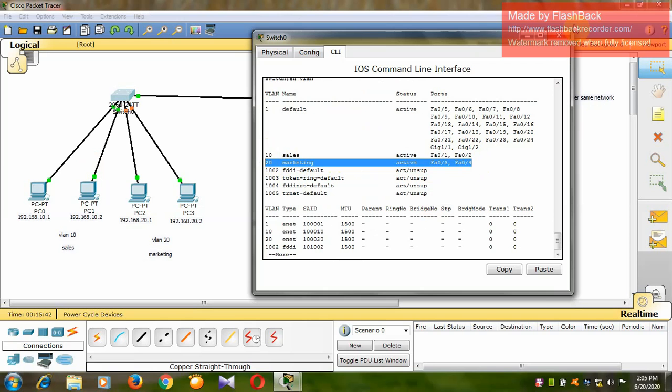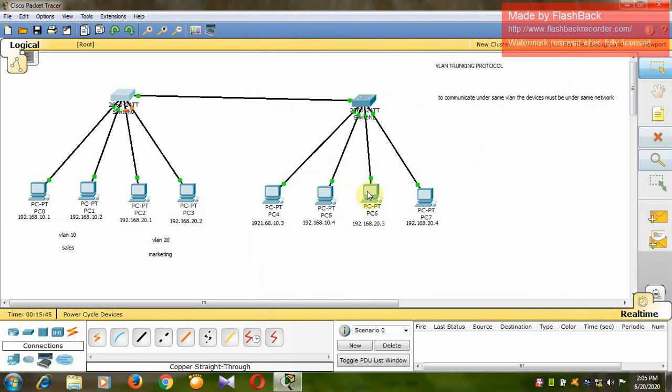Similarly we have to do the same on the other side also, right? So here also I will take VLAN 10 and VLAN 20. I will give the name sales for VLAN 10 and the name market for VLAN 20.